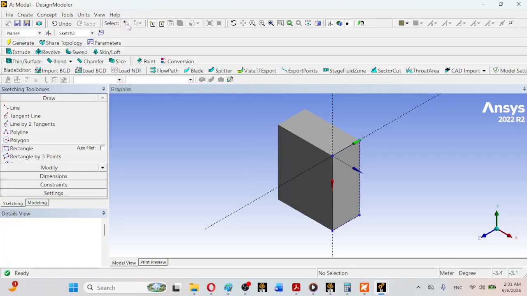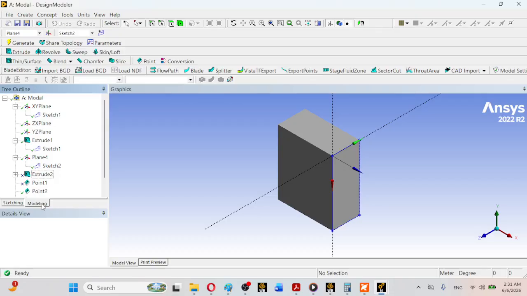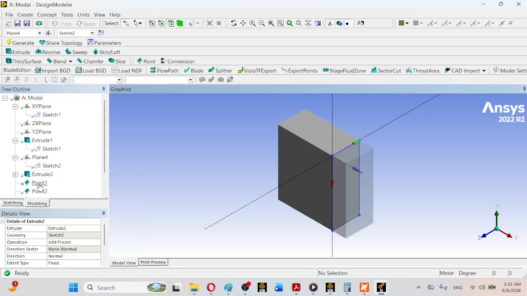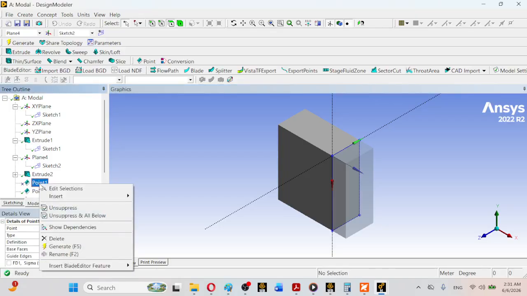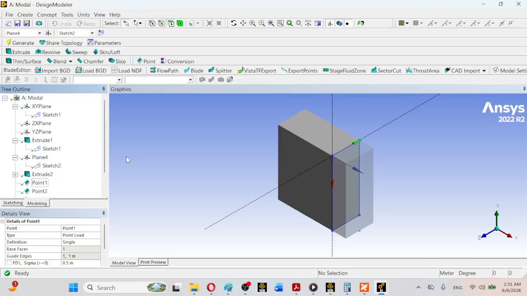So like this. Now I am unsuppressing it, and after that you can also unsuppress this point 1. Remember, these two volumes have been created. After that I created these 2 points, and I later found that the creation of these 2 points, 1